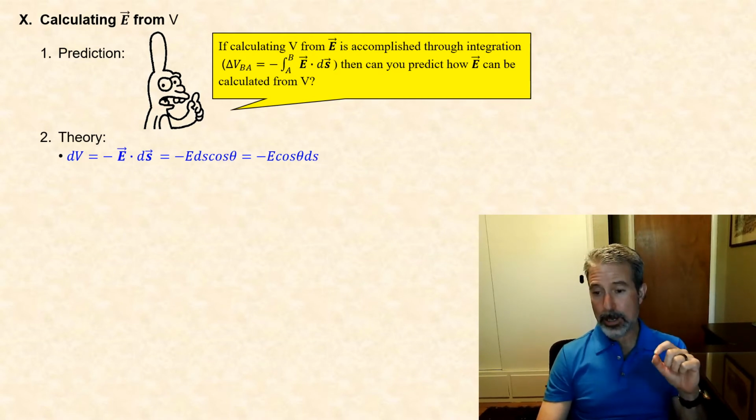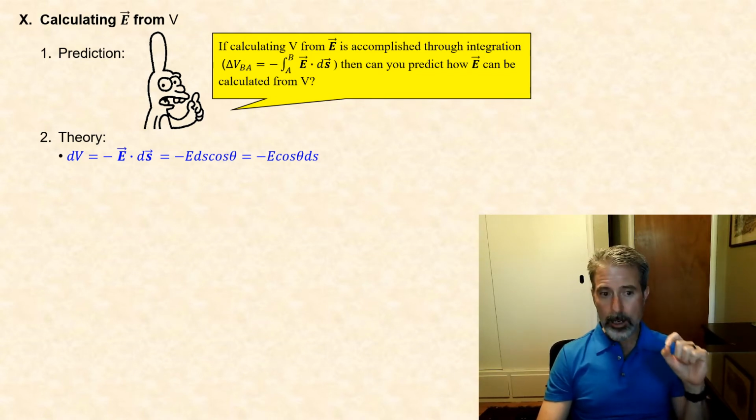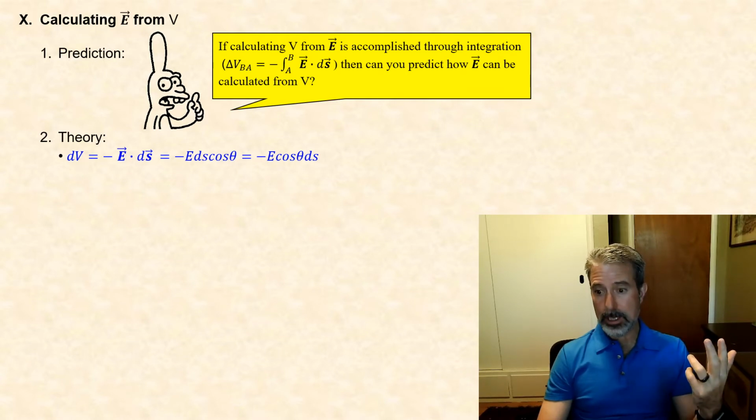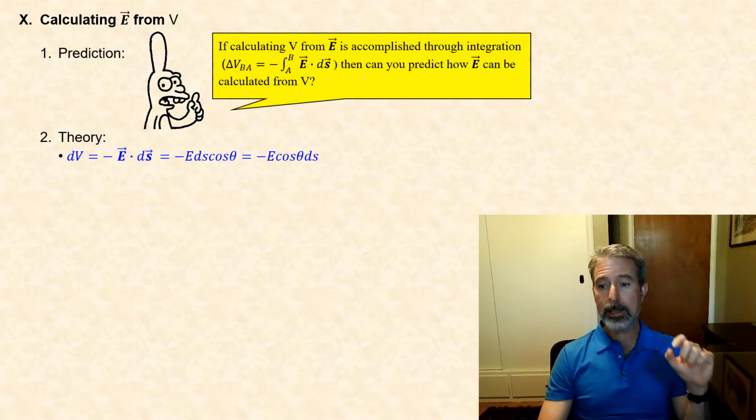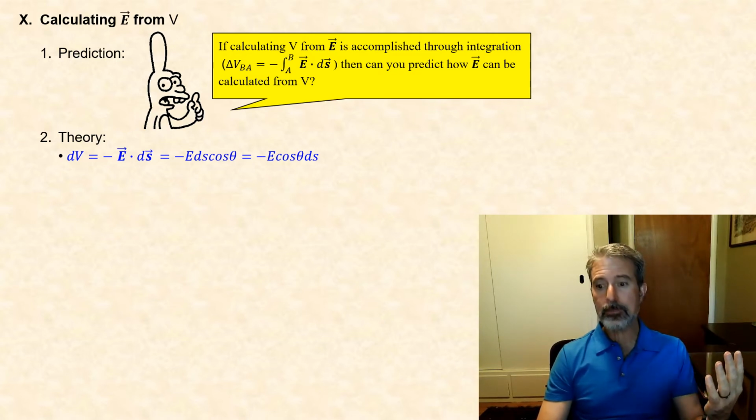We have said previously that when we're looking at a continuous charge distribution, the contribution to the electric potential from a charge element dq, however we break up that charge distribution, that infinitesimal contribution dV,